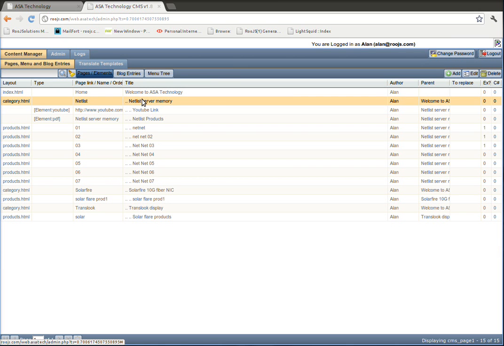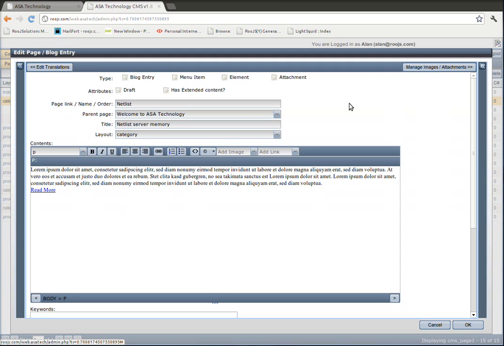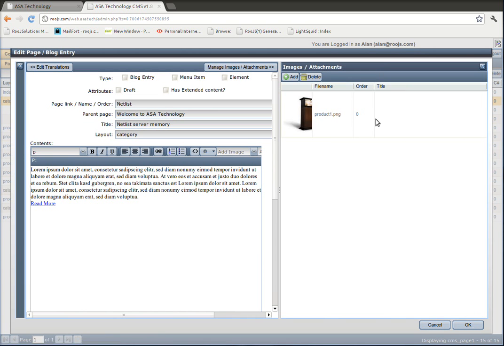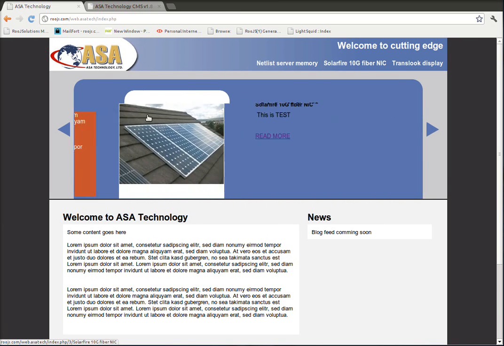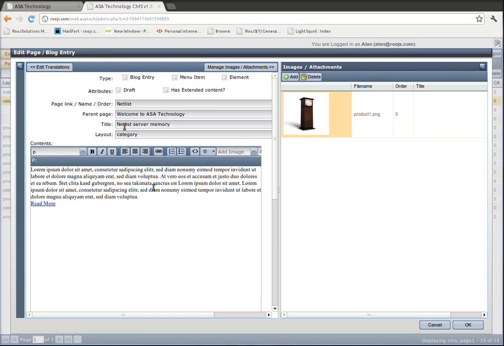So the next item down on here says category is the layout. Again, double click on it. Now for this one, the critical item is the attachments on the right. The first attachment, as specified by the order, will be the image used on the rotating banner on the home page, as shown here. The summary there is the body shown here,